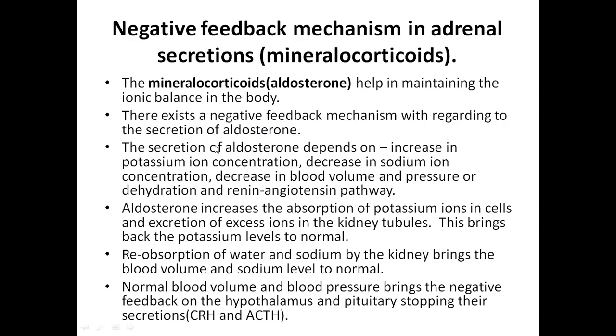Under these conditions, aldosterone secretion occurs in the adrenal cortex, which in turn is stimulated by ACTH and the hypothalamic CRH. Now, once aldosterone is secreted, there is reabsorption of the potassium ions by the cells, and excess potassium ions are excreted by the kidney tubules, bringing the potassium levels back to normal. Once the potassium levels become normal, the aldosterone secretion stops, and ultimately there is stoppage of production of CRH and